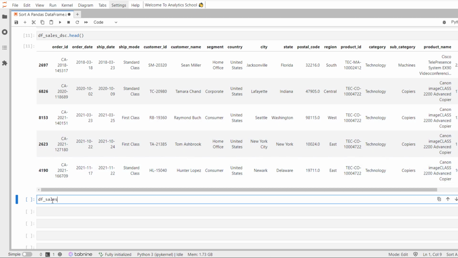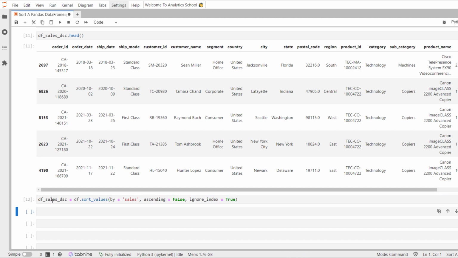df_sales_DSC equal to df.sort_values by sales, ascending equal to False, and there is a parameter called ignore_index. By default it is False. We have to turn it to True. Let's run the code, and now let's see the top 5 records. df_sales_dsc.head,